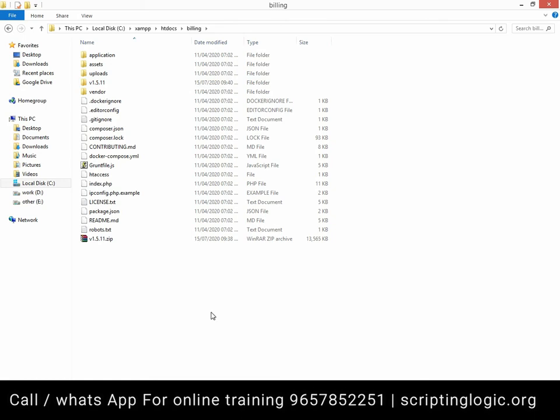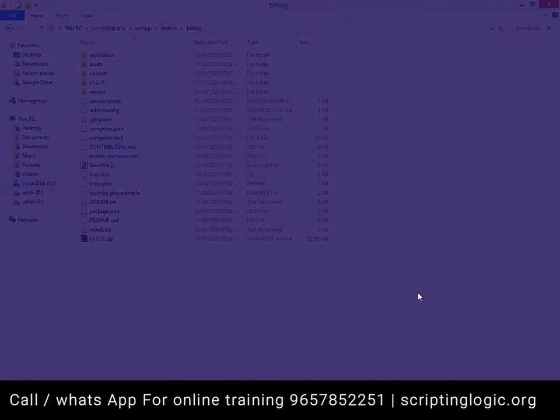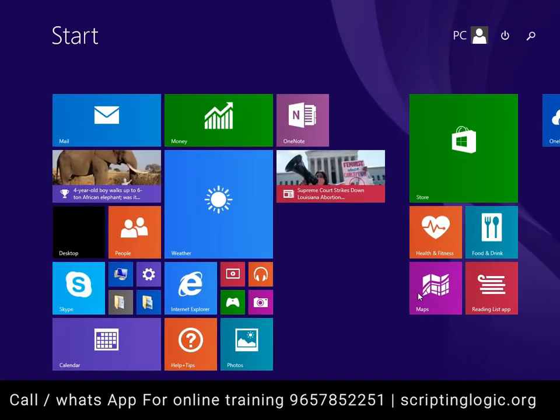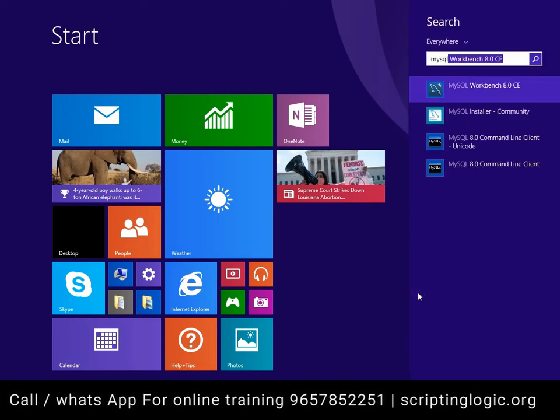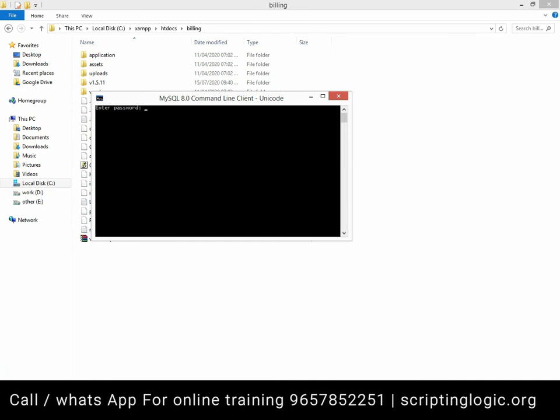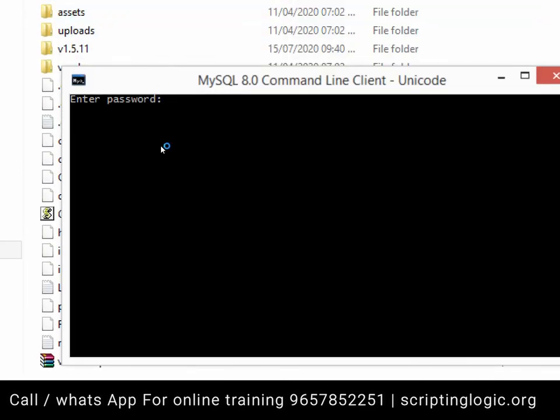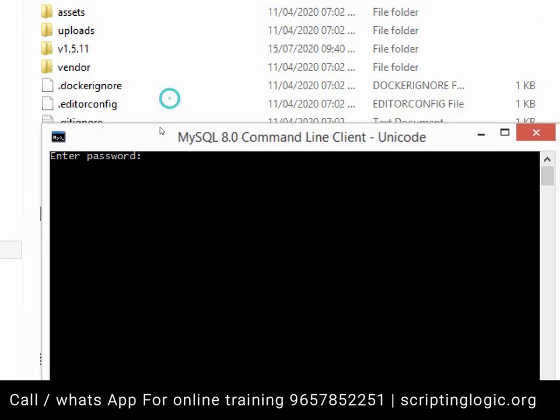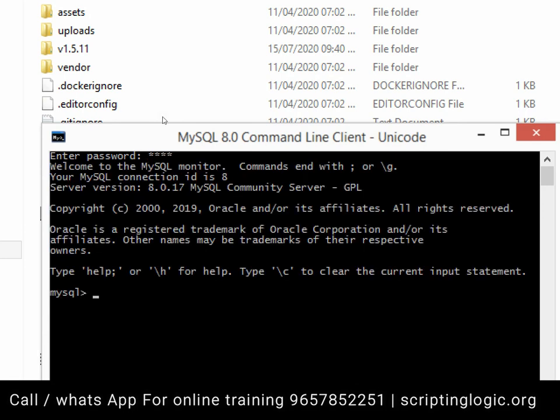So you also install MySQL on your machine. I already have MySQL. If you want the setup, I'll share it with you, or you can get it from the net as well. You can open MySQL and create a database there. I believe you know MySQL. If not, let me know, and I'll give you some tutorials on MySQL as well. So MySQL, say root. The password of MySQL is root.